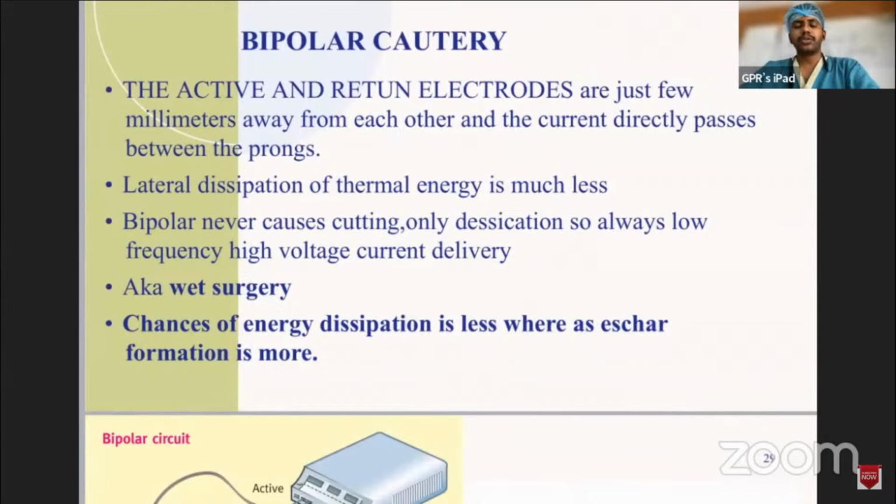And whenever this is being used, I remember stating that there are micro and macro types of modes. The micro cutting mode will produce that amount of dissipation energy into the patient's tissue, and it will be more available whenever it is present in a wet or hydrophilic state. That is the reason why earlier the staff nurses used to have a loaded syringe with saline. They used to push it over the patient's body whenever the bipolar is being used. So this bipolar cautery is also called wet surgery.